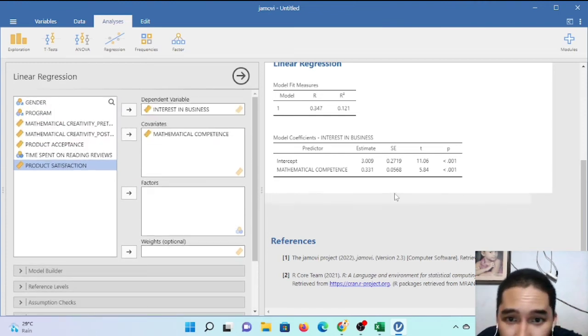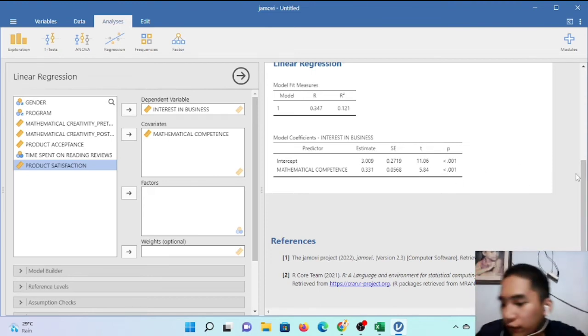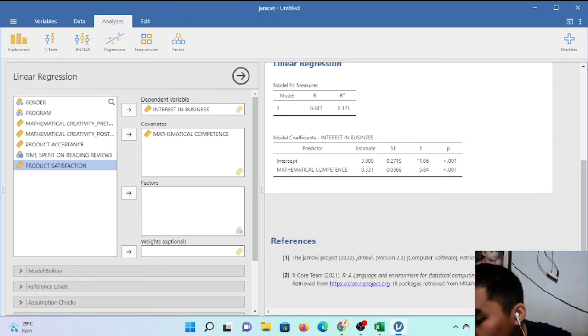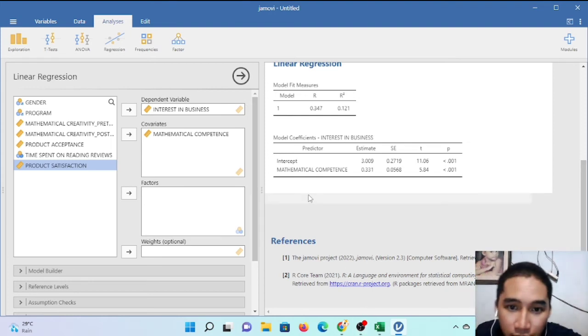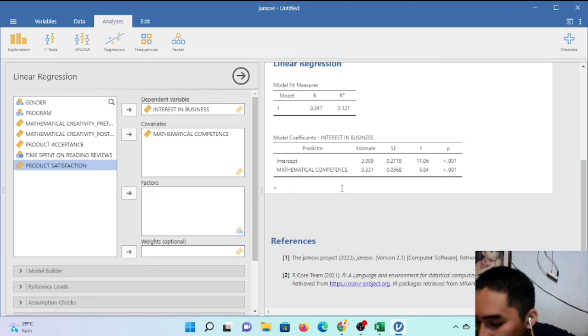So let's make a formula. So we'll be using ax plus b, or let's convert it into an understandable formula. So y, as mathematical competence, equals mx plus b. So mx is our estimate for mathematical competence. So y is equal to